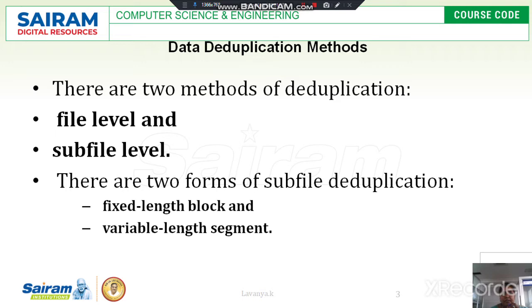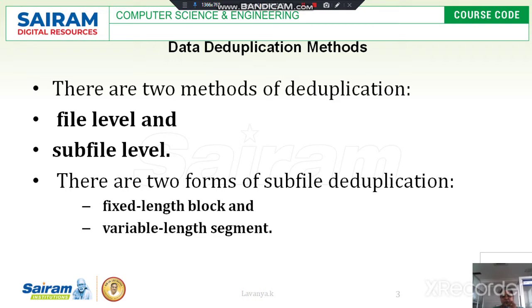But in sub file level, the data we have is divided into partitions, meaning divided into groups.